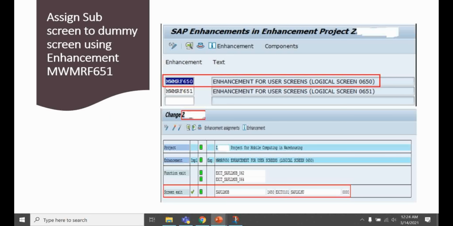In CMOD transaction code, we have to create a project. For that project, we have to assign an enhancement component MWMRF650. If you want to find a component, you have to go to SMOD transaction. There you can try with the F4 help by using the